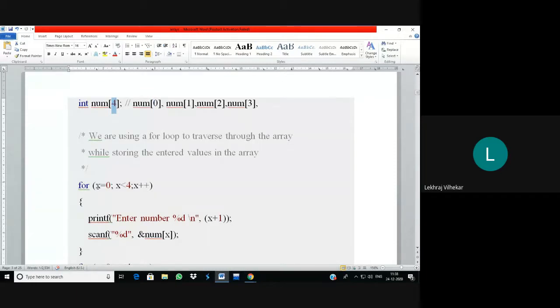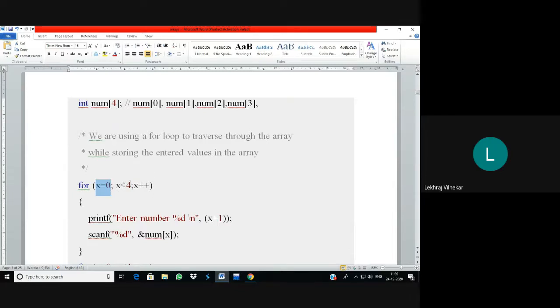So x equals 0 is the initial assignment. Then we go up to 4, so we use less than, not less than or equal to. If you use less than or equal to, it would go up to 5 elements, because 0, 1, 2, 3, and 4, but we have to go up to only 3.